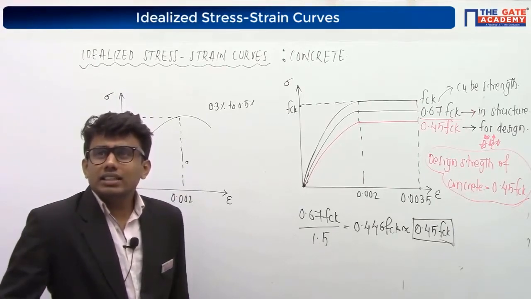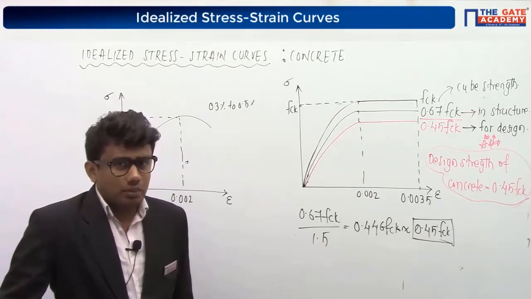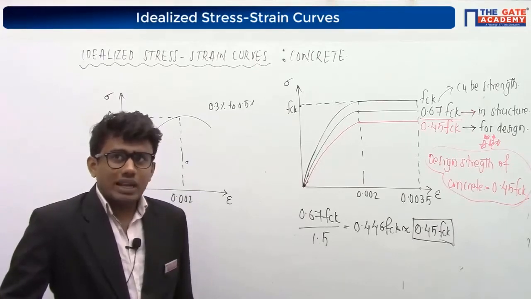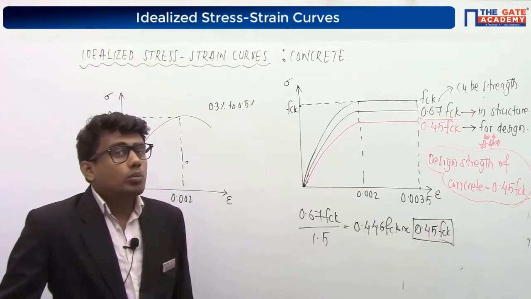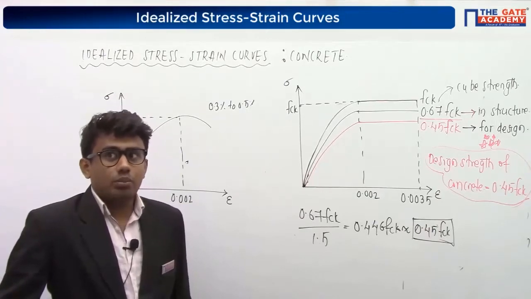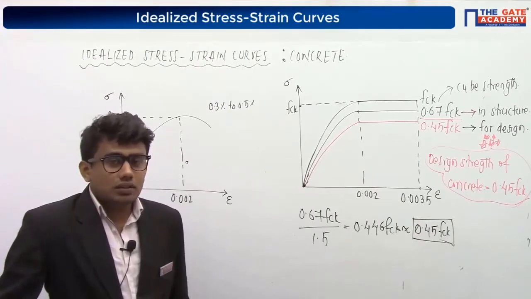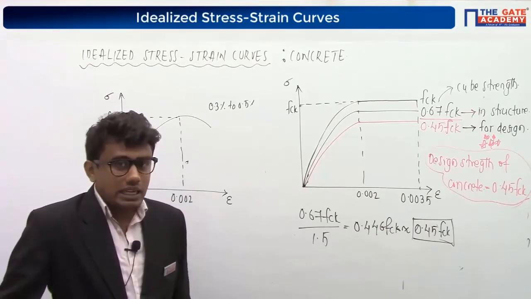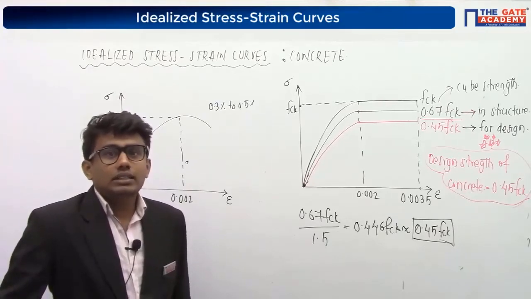Srikanth, is this the tensile strength of the concrete in flexure? No, Srikanth, we discussed this in the previous lecture. I think you were present. The tensile strength of concrete in flexure is also known as the modulus of rupture. It will be equal to 0.7 root FCK. Here FCK is the characteristic compressive strength of the concrete, which we need for the design. This is the compressive strength of the concrete, not the tensile strength.